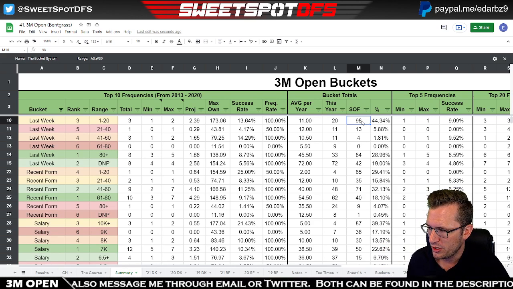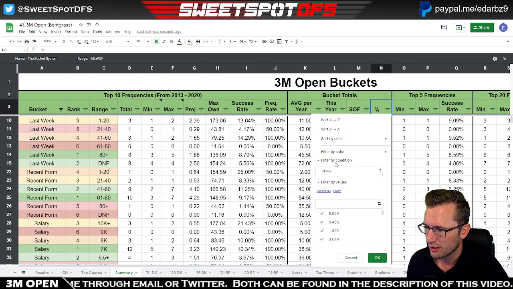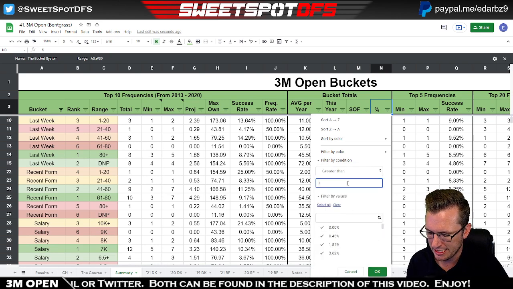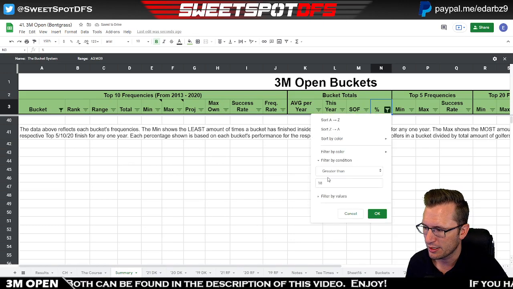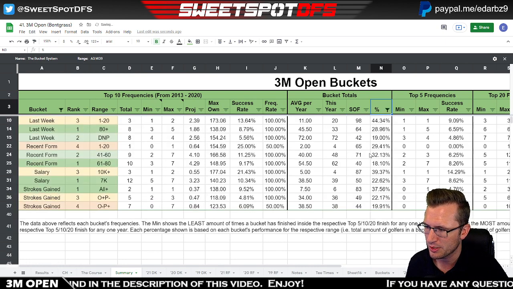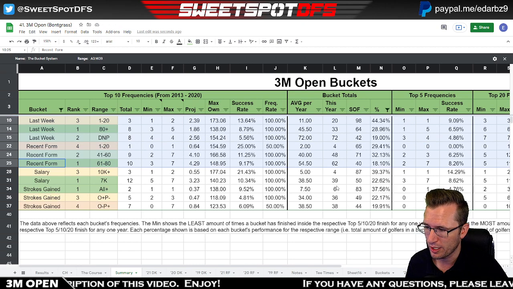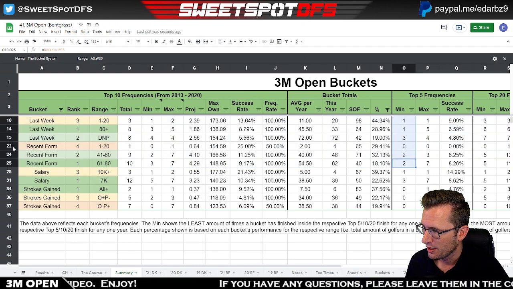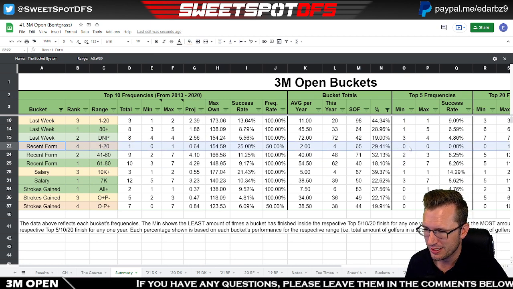So I want to look at strength of field. Let's go greater than 20. Greater than 18, because 18 has been a good number since I've started doing it. And it's not 18, it's 0.18 because it's a percentage. So 18%. I like this better because now it's limited down quite a bit. With this, I would almost want to look at my top 5 frequencies. We can see here there is one that has 0,